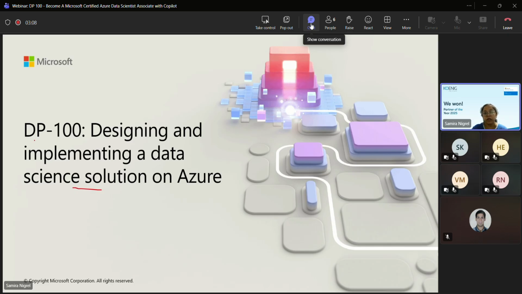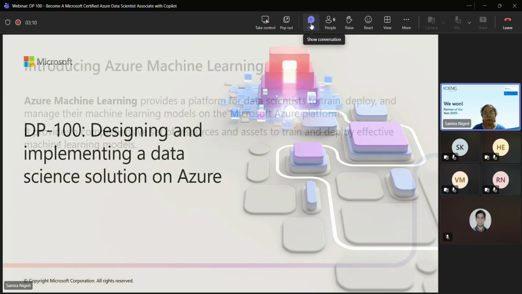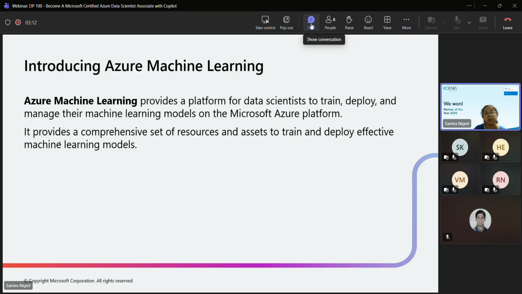Now why did we speak about this? DP-100 is a path which allows us to work with Azure Machine Learning. Azure Machine Learning provides a platform for data scientists so that you can train, deploy and manage machine learning models on the Microsoft Azure platform.